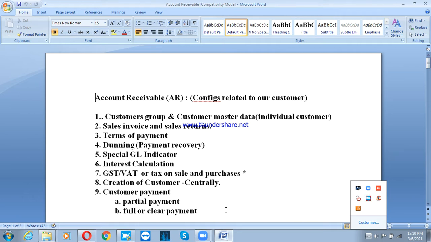Okay, here we are going to maintain customer group, and customer master record. Master record means individual customer. Then sales invoice, then sales returns, then terms of payment, dunning, then special GL indicator, then interest calculation,